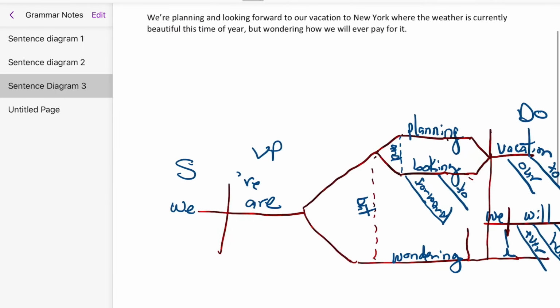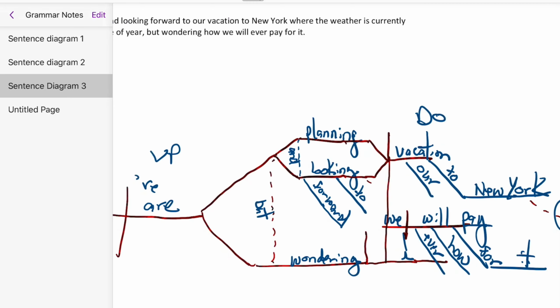Now finally we have we are wondering. All right, and so now we have wondering just under planning and looking, and we're going to connect these three, or these two, to wondering. We're going to connect it using the coordinating conjunction but. All right, so we still have just one subject and one verb phrase. Now I know some of you connected it using a dotted line over here with a but, and then you had an ellipsis, and I think I would put it all under this particular diagram, connecting it all in this fashion. All right, so let's continue on.